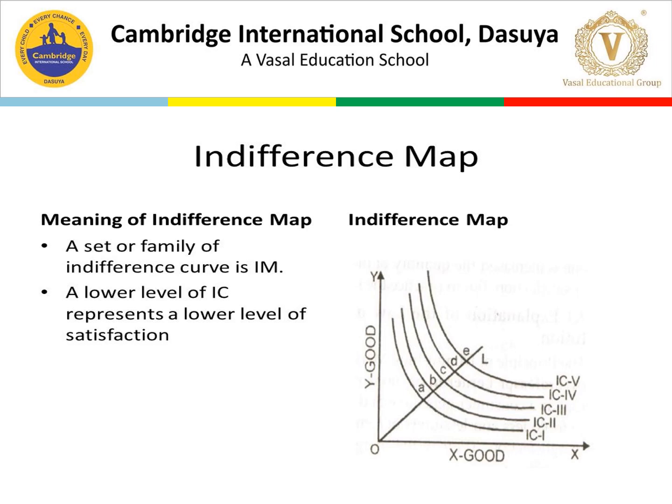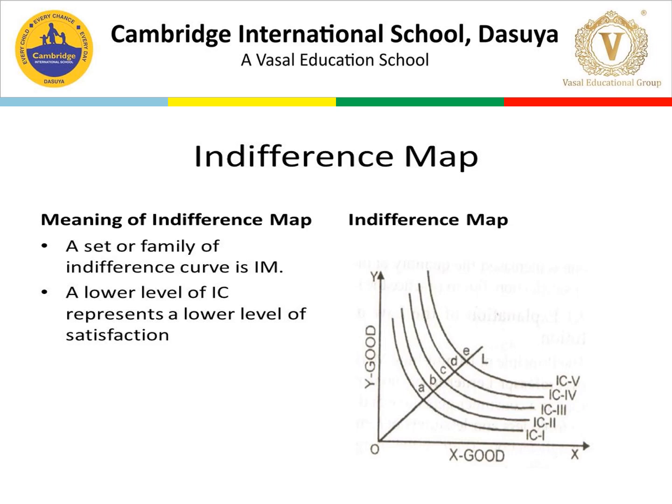In simple words, I can give you a definition for this, so you can note it down. An indifference map refers to the family of indifference curves that represents consumer preference over all the bundles of the two goods. Whatever combinations or bundles of goods we prefer come under the indifference curves. The combination of all the indifference curves represented on one graph, we call a set or family, an indifference map.